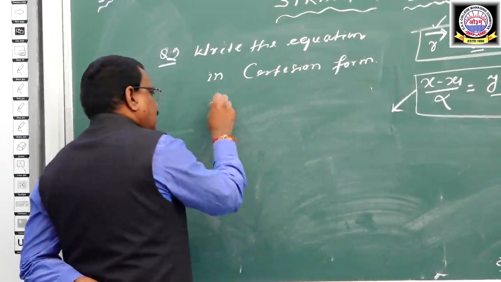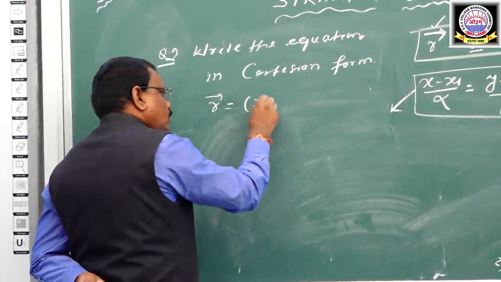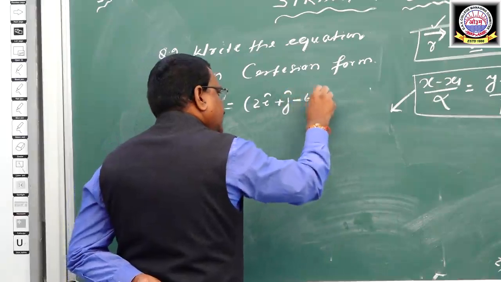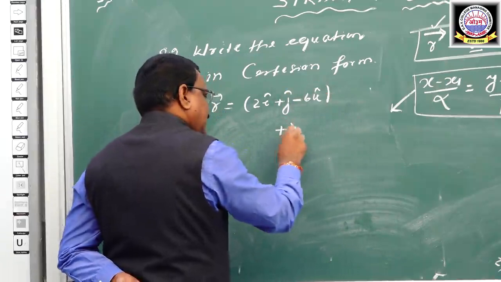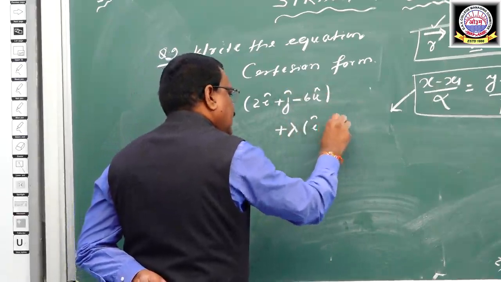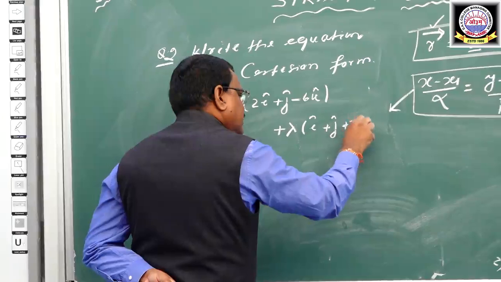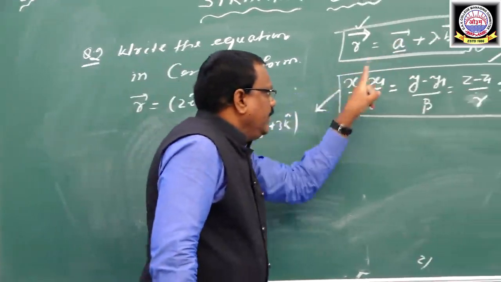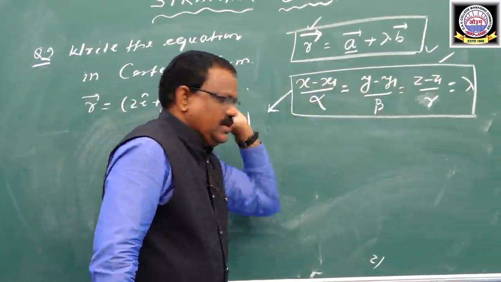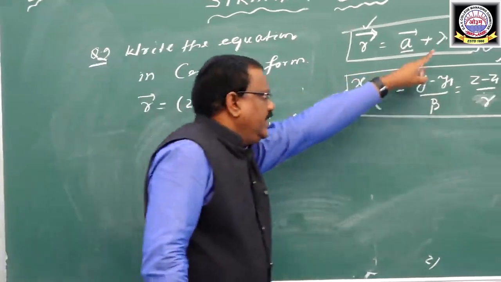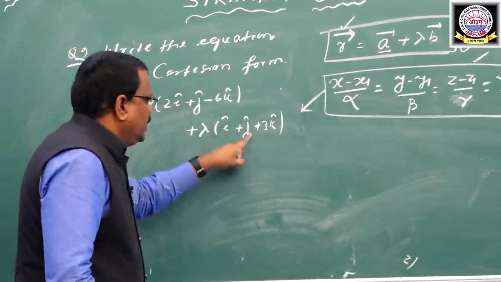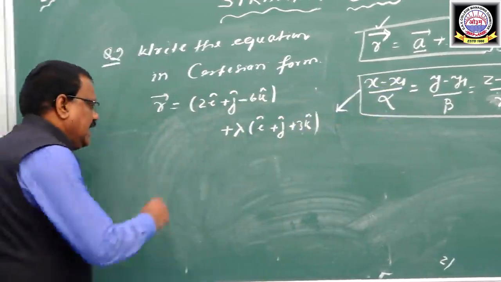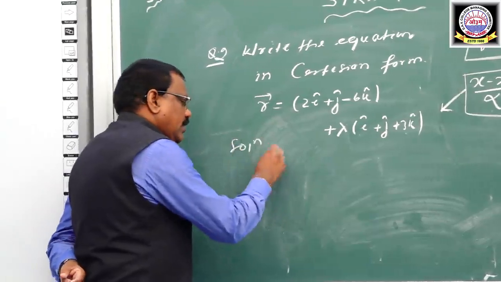The equation is R vector is equal to 2i plus j minus 6k plus lambda times i plus j plus 3k. So this is the A vector. A vector will represent x1, y1, z1. And this is your B vector. B vector is i plus j plus 3k, that will represent alpha, beta, gamma in the Cartesian form. So directly I can write the solution, the Cartesian form,